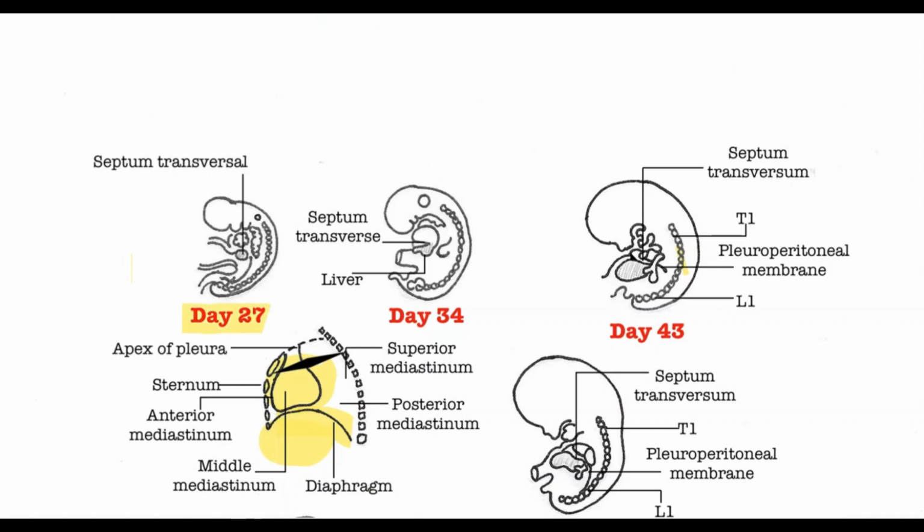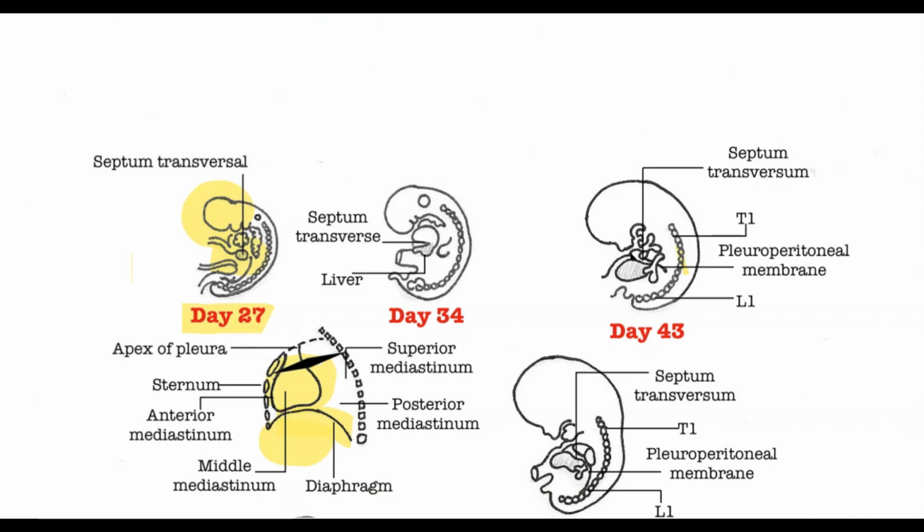At day 27 of development, there is some significant head folding, as we can see here, due to the massive growth of the neural tube. At this stage, the septum transversum is folded underneath the developing heart at the level of the cervical vertebrae. It then picks up innervation from the third to fifth cervical spinal nerves, which eventually becomes the precursor of the